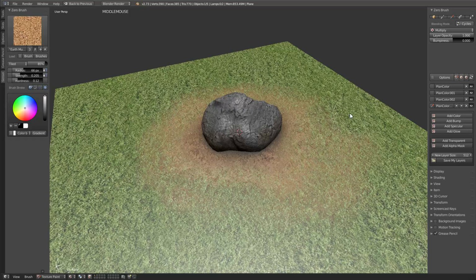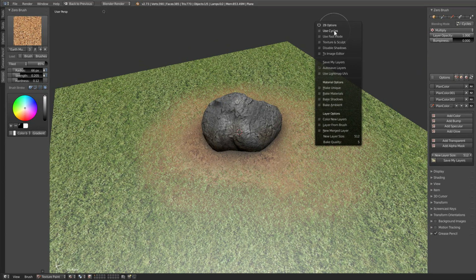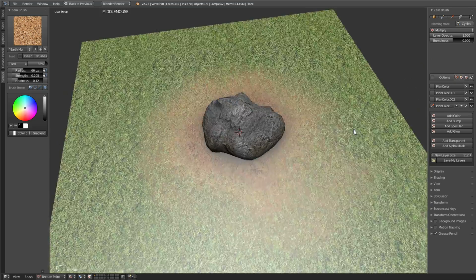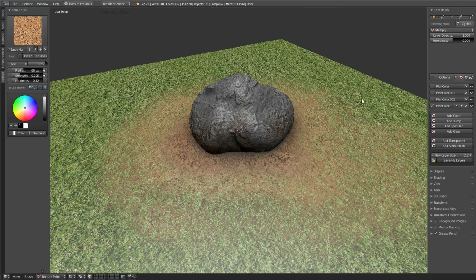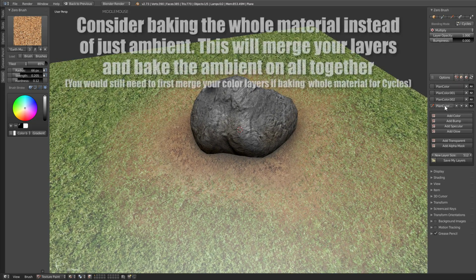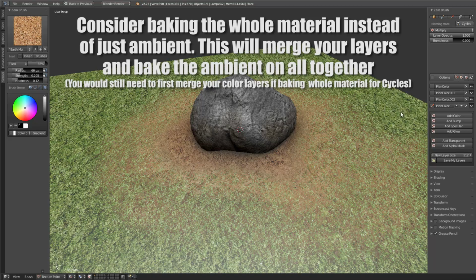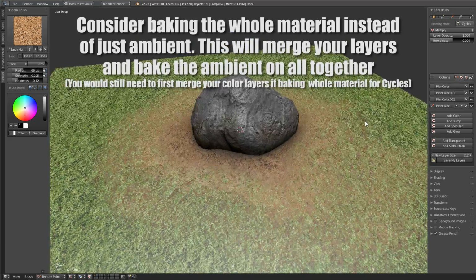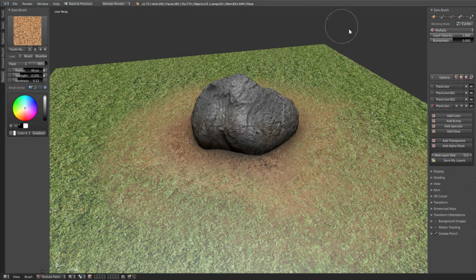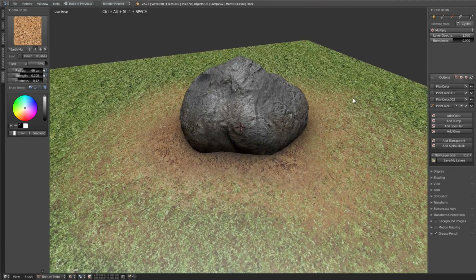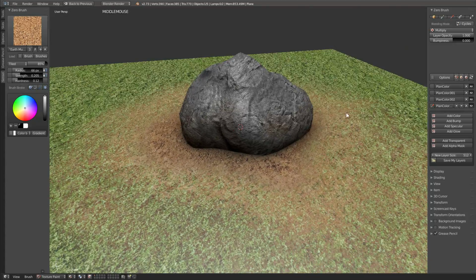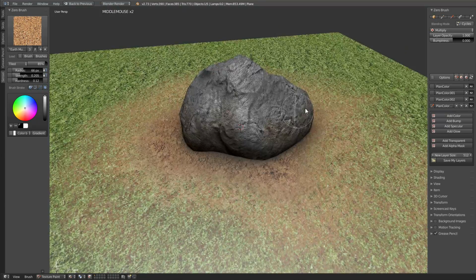And of course, if you wanted to bake this in Cycles, you could have just pressed Q, click Use Cycles, and then do the same thing. Select them both, press Bake Ambient. And you'll notice that when you bake them in Cycles, it'll look like everything got washed over, because as we talked about, only one color layer in ZBrush can display in Cycles at a time, unless we, of course, make a merged layer, which we talked about. But then when you click off of Cycles and go back to Blender Render, you'll have your Cycles baked ambient maps all set up and working and set to multiply, so you can see through them